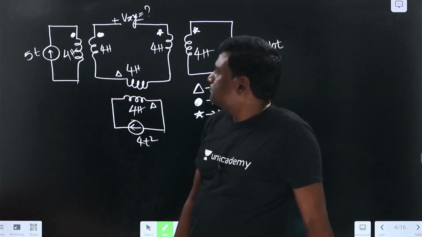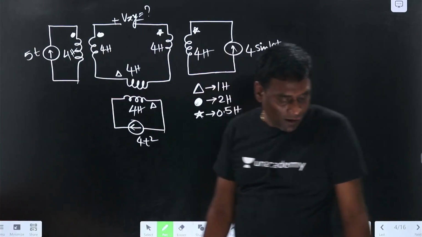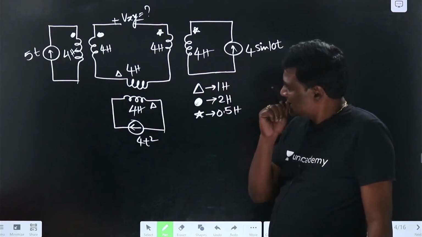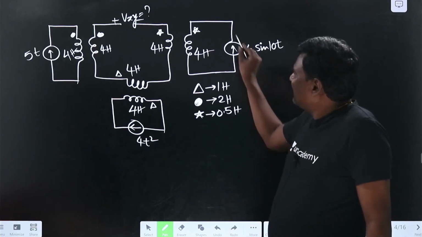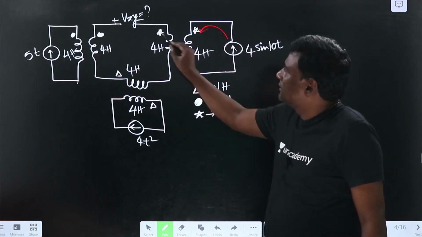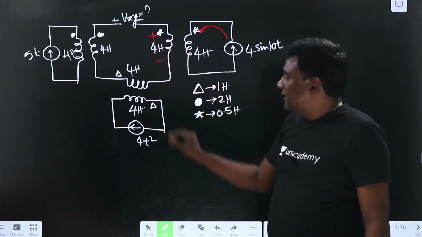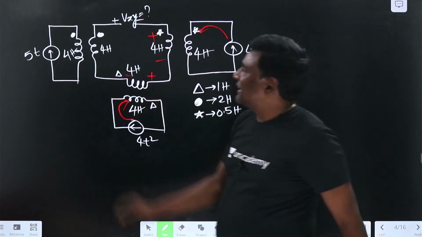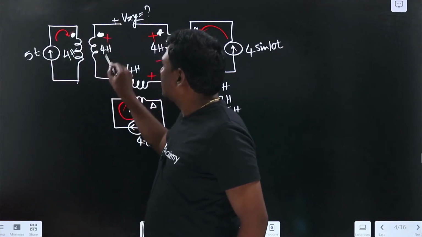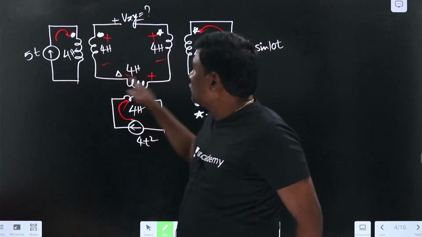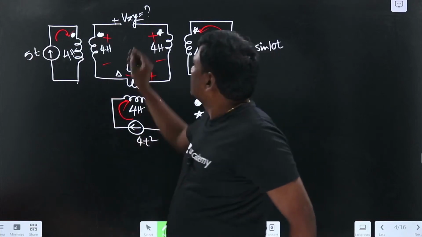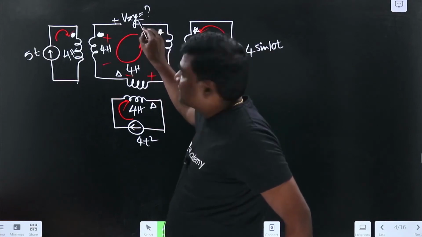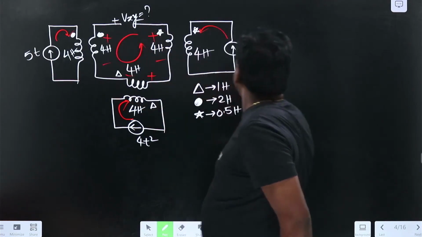Now, try yourself just for 1 minute. My current is entering into dot, so this dot should be positive. Now my current is entering into undot, so undot should be positive. My current is entering into dot, so this dot should be positive. These are the induced voltages. Self-induced voltages will not be there because currents cannot flow. So plus minus Vxy, or try to apply KVL in this direction. Minus of Vxy or Vxy equal to plus this, minus this, minus this.